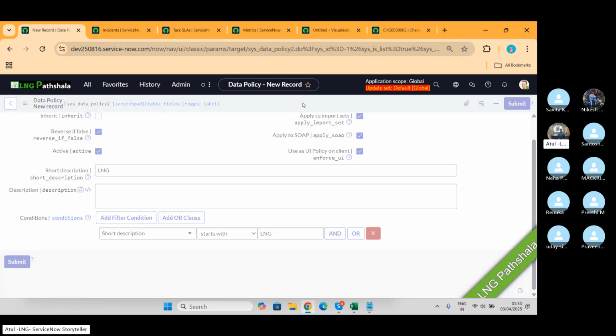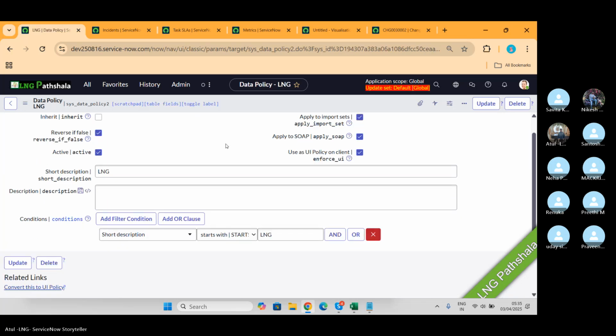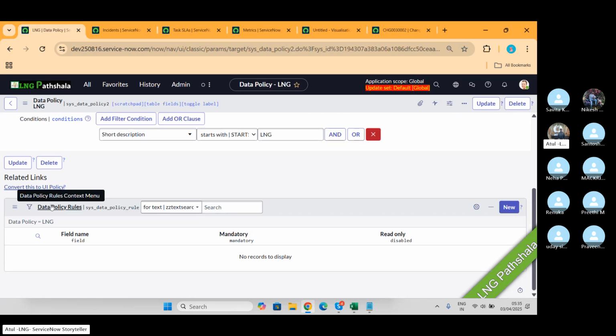But what I want to do, that is important. So we have a UI policy action, something similar we have here as well. And you have a data policy rule. Not action, but rule. And what the rule says,